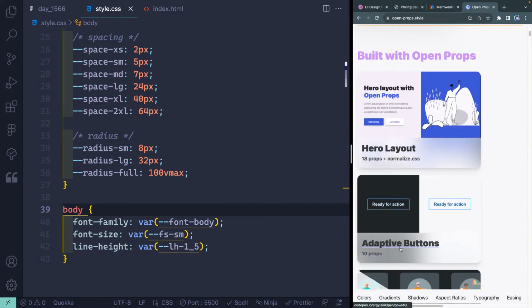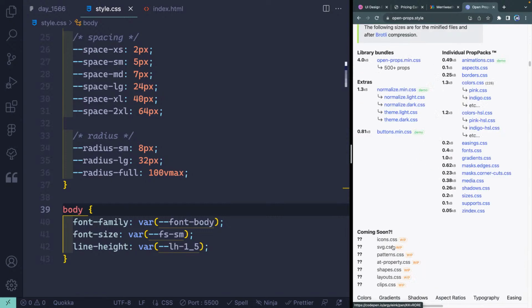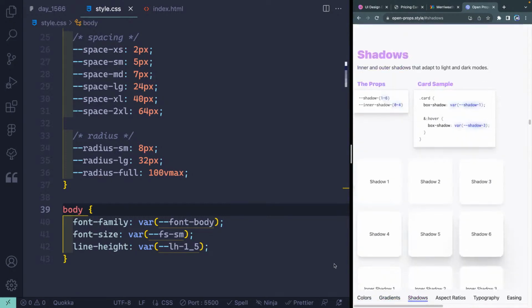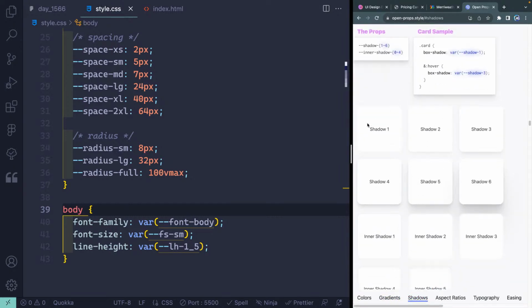Because he basically just gives you a bunch of these to start with, so you don't have to come up with them yourself. And if you come down here, let's look at shadows or something. He's just giving you these props that you can use, and then you can change them as you want to. So what I do is I just point usually my own custom variable here to one of his props, and that way I don't have to type these out all manually. But anyhow,